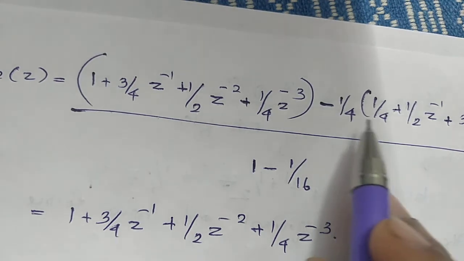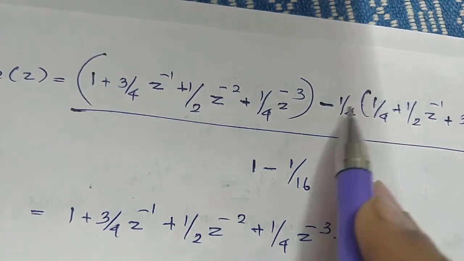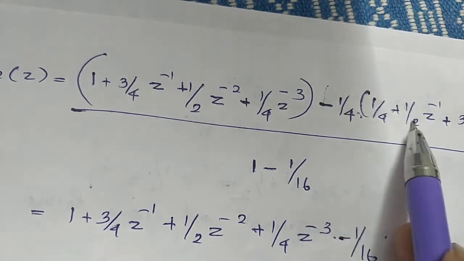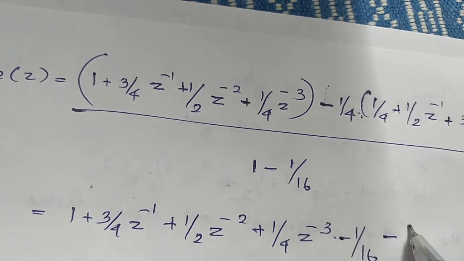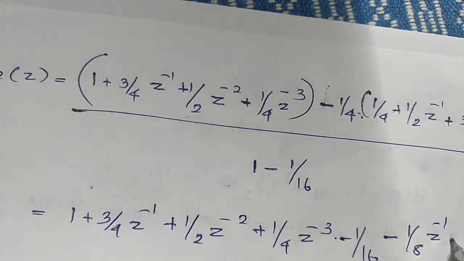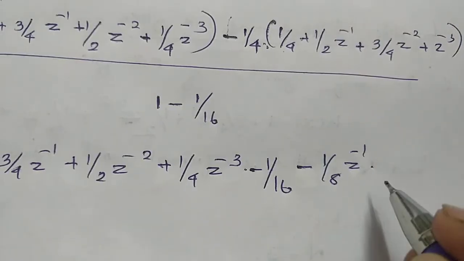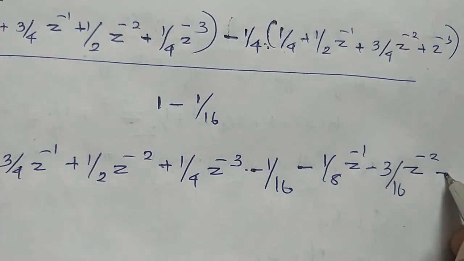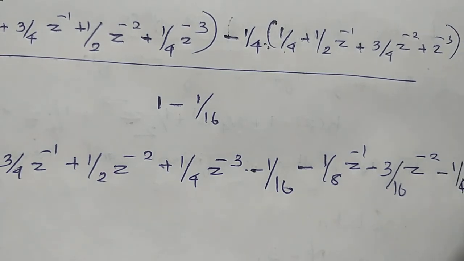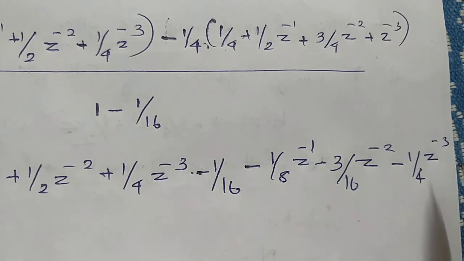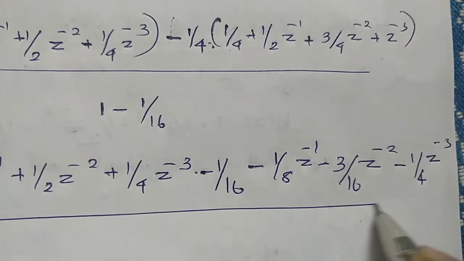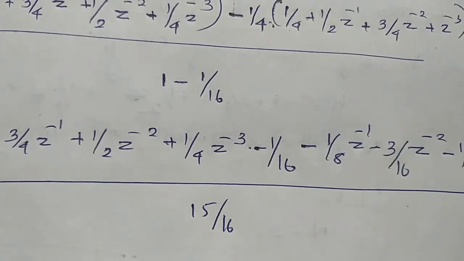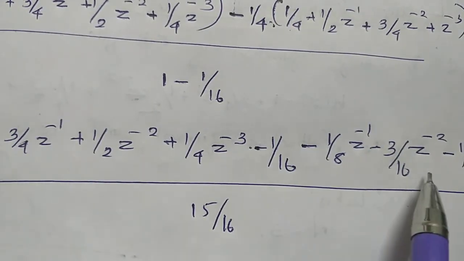I am multiplying these two terms. Minus 1/4 into 1/4, that is minus 1/16. Then minus 1/4 into 1/2 z inverse, that is minus 1/8 z raised to minus 1. Then minus 3/16 z raised to minus 2, minus 1/4 z raised to minus 3. Okay, the whole divided by 15/16. Then while simplifying, here we take the